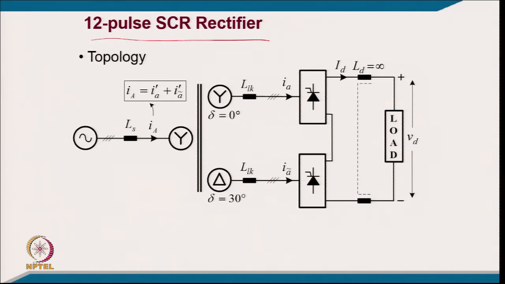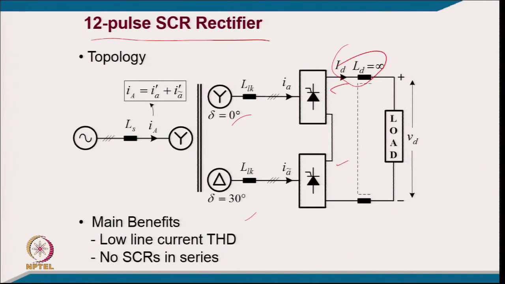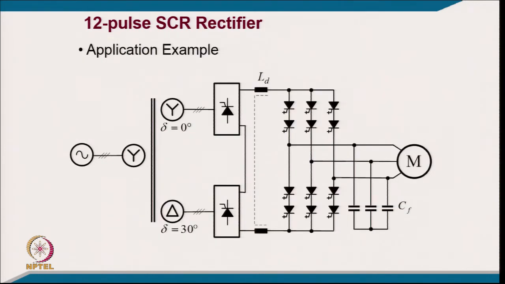control rectifier, where you can control the firing angle for controlling the output power. With large inductance, this current will be constant, and here you will have again typically a 30° phase shift for 12 pulse. So, it has low line current harmonics and no SCR in series, and this is where it is used